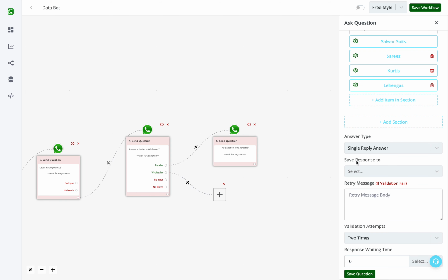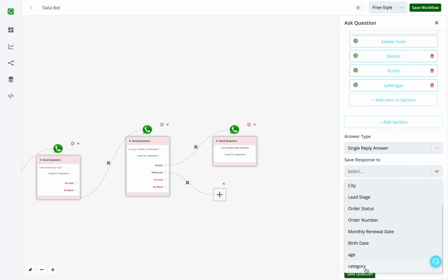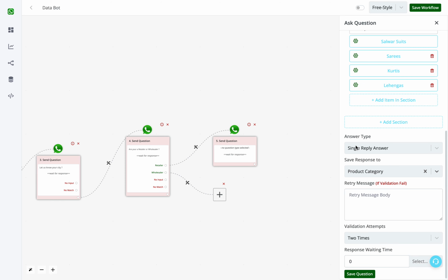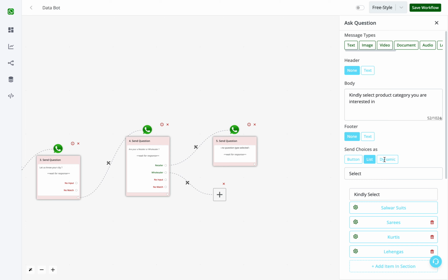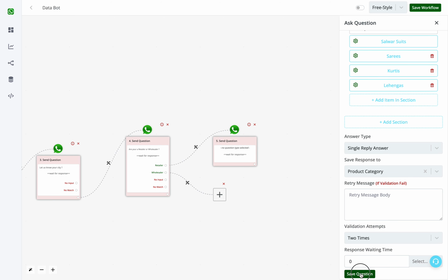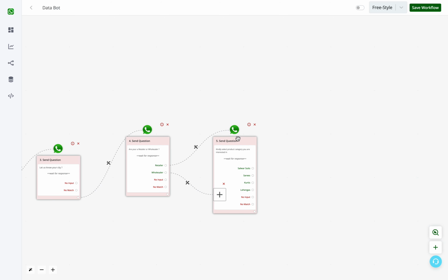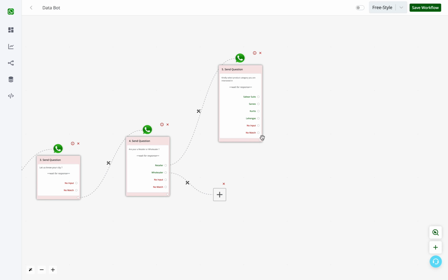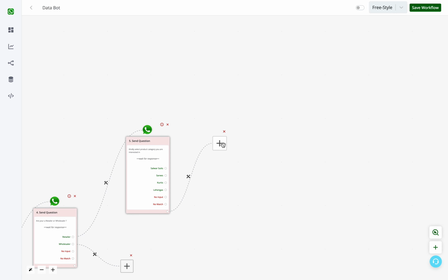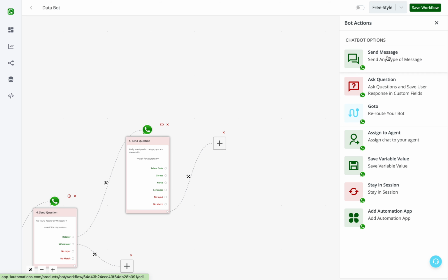And then I'll save this reply to product category. We have another option of multiple reply answer, but you can avoid it for now. We'll have a separate video on how to utilize this. So always use single reply answer if you're unsure. So I'll select this. The reply to this message will be product category, and I'll simply click on save response. Now here, whatever user replies, in the next step, I simply want to say that